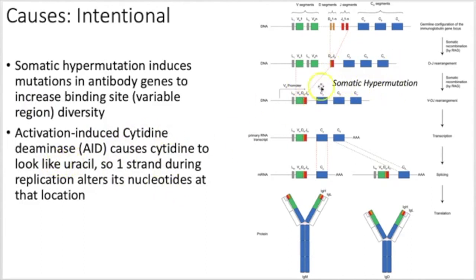We call that somatic hypermutation. It can cause a ton of changes in the actual DNA structure. And this is one of the few instances where you would like that to happen. AID is very tightly controlled because you don't want it to just run around your DNA doing that. And that's an interesting idea in and of itself, like how do you actually control it? But it can induce tons of mutations in the DNA, which is going to increase the actual diversity of amino acids in the binding sites of your antibodies, which is thus going to allow them to potentially bind even more